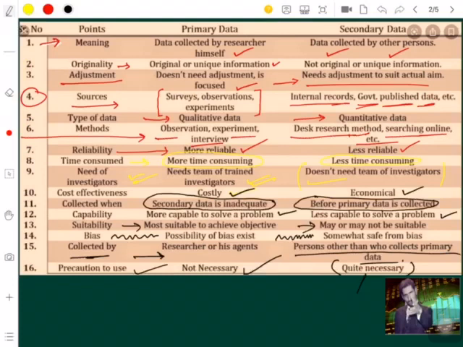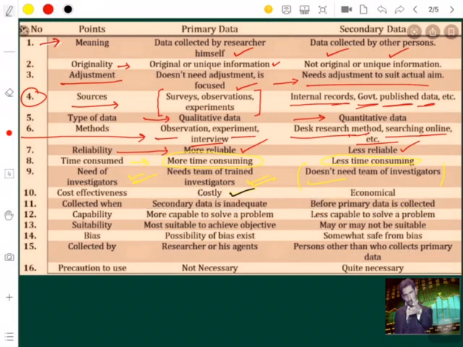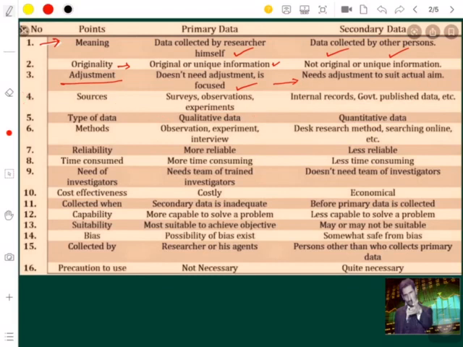So while we are talking about the primary and secondary data, my dear students, let us know about what are different methods of collecting this primary data. It is obvious when primary data is being collected, you are going to someone yourself. You are collecting the data yourself. So how can we deal with it? How can we talk